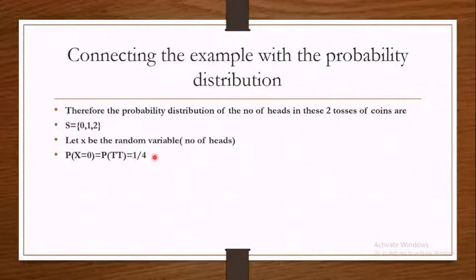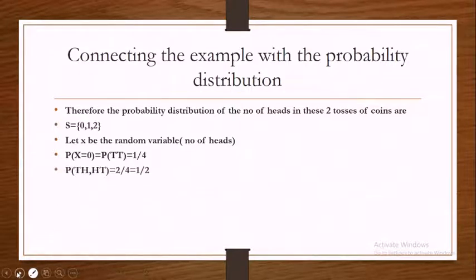So that is equal to 1 by 4. From where did I get this 1 by 4? Some of you might have that question in your mind. There was only one case like this. So the favorable number of cases divided by the total number of cases, which was 4. That is how I got it.